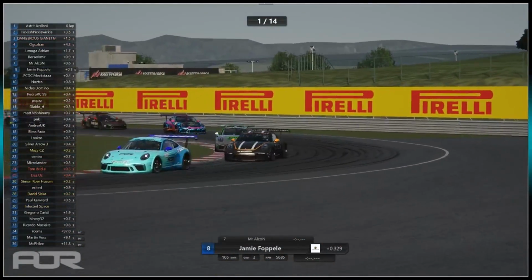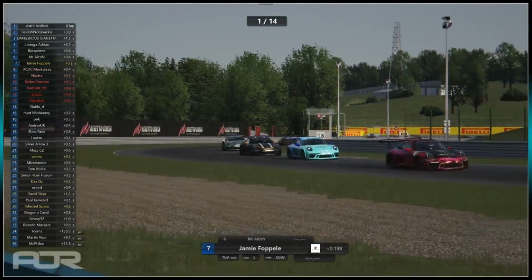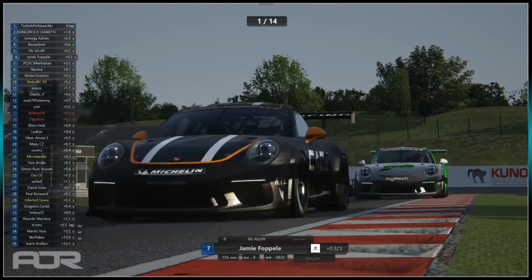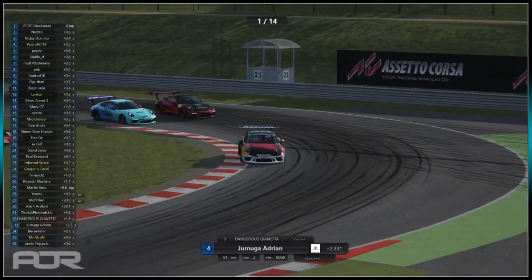Laxo's already jumped up to 19th. Oh god. Andrek's doing a good job, already up to 17th. Oh, Oguzhan, from the pole sitter, is dropping down. Yeah, getting past. And now he's ahead of Blessfade in 17th. Yep. Oguzhan. Mr. Alcon overtaking